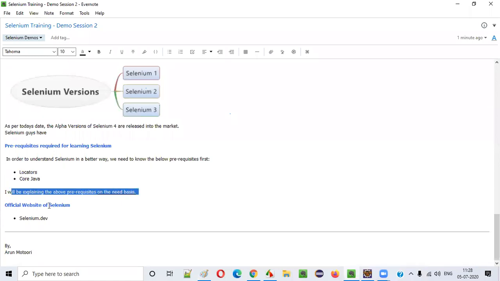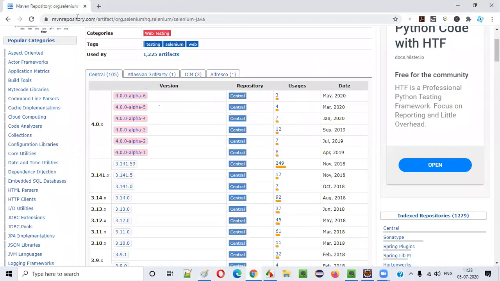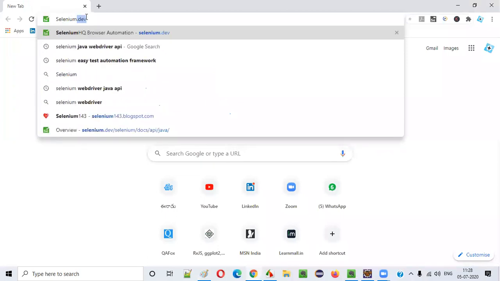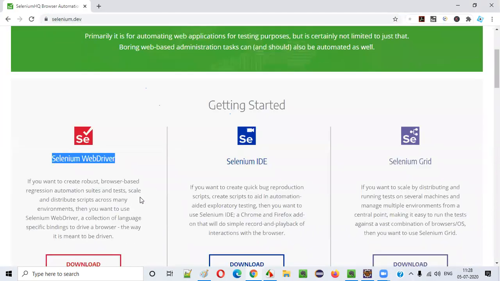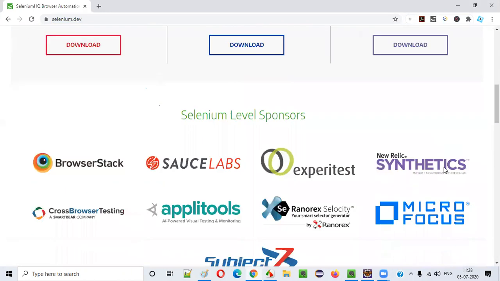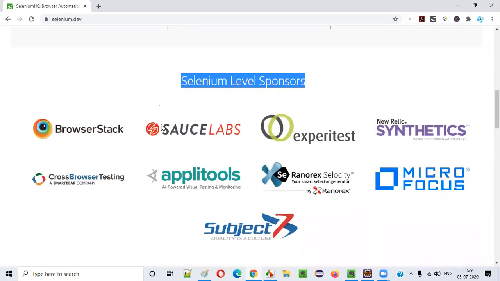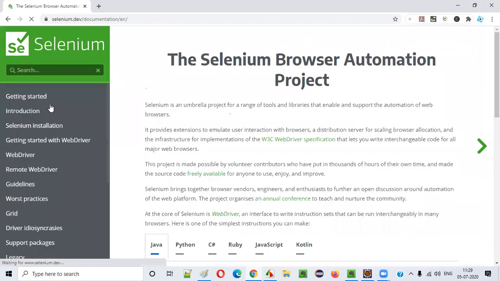Next thing, guys, the official website of Selenium. Final topic, guys. What is the official website of Selenium? Already seen, right? That is selenium.dev. This was recently designed, so the UI got changed completely. On selenium.dev you can see the Selenium WebDriver information, the different components of Selenium, the sponsors who are actually sponsoring Selenium, and conferences Selenium conducts. The conference information will be displayed here, and documentation. The detailed documentation on Selenium and its libraries will be there.